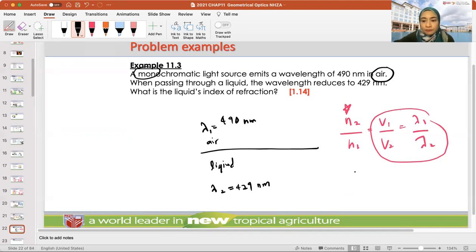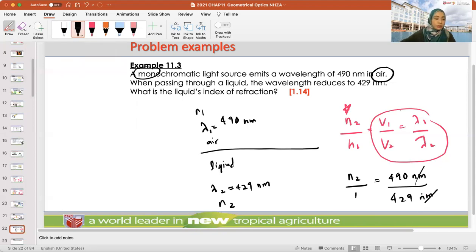Let's call this n1 and this n2. So n1 is 1, we want to find n2, lambda 1 is the lambda in air, 490 nanometers, and lambda 2 is over here, 429 nanometers. Nanometers cancel out. I can just calculate directly: 490 divided by 429 will give me